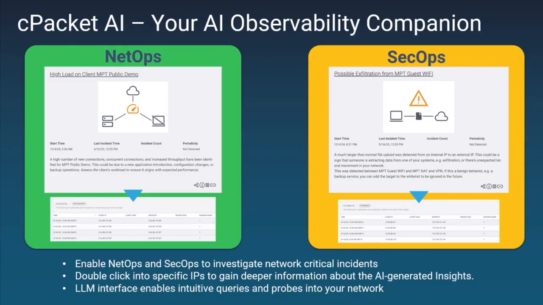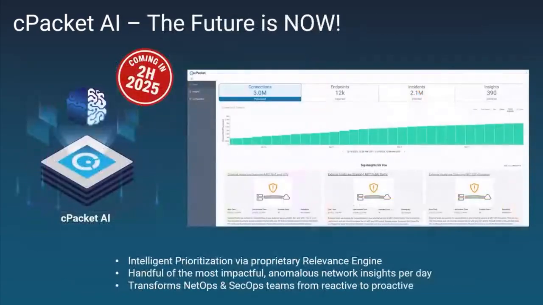We also offer an LLM interface built into the product. So we're actually using Anthropic's product Claude AI for our LLM generative conversational assistant. And so really, this tool is your AI observability companion. It's what enables you to have a meaningful conversation with an AI agent. But we have all of these insights that are spanning a really wide variety of different network incidents and issues. And our conversational assistant makes this all seamless by making it very easy to drill down and understand more about what's really happening in your network.